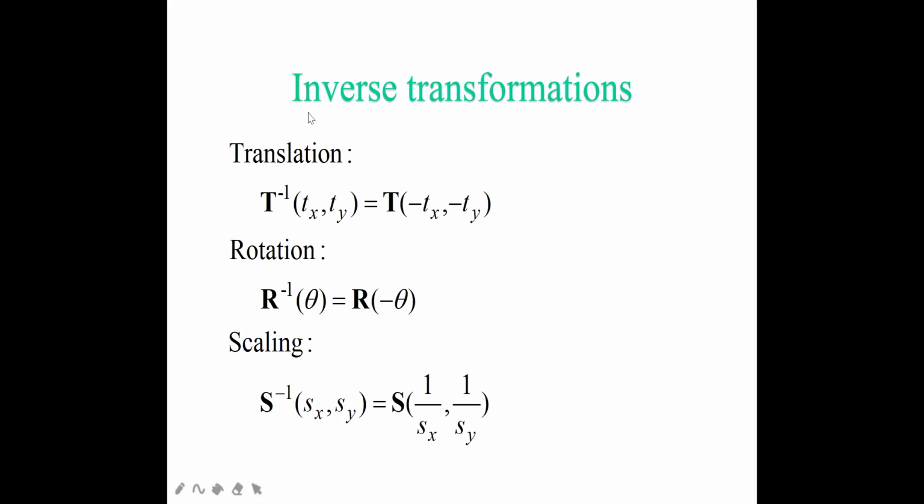Now let's see, one more thing is there for you. We have to find the inverse transformations. Whenever you find the inverse transformation, you have to apply it for all three. Generally we apply it for these three because they are very important. For reflection and shearing we are not using it that much, but you can utilize inverse transformation for those also. The process is the same. If I'm applying the inverse transformation for translation, then I write T inverse of tx, ty, and its value will be the translation vector of minus tx, minus ty.